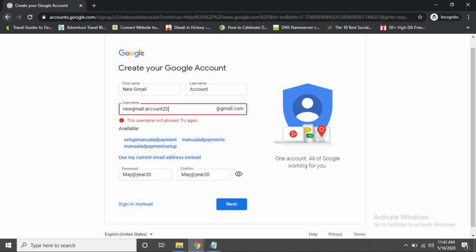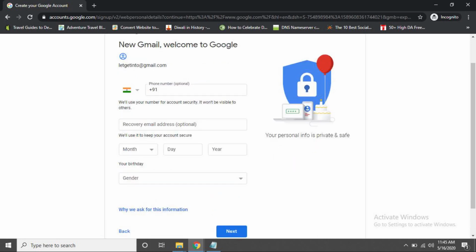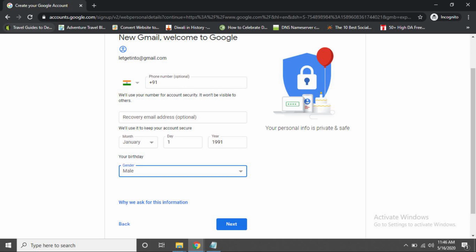After clicking on the next button, another details page comes up. There is an option to put in a mobile number and alternative email address. Personally, I recommend you fill that up. You can complete that later on, but sometimes we forget the password we put in. So always fill that up.